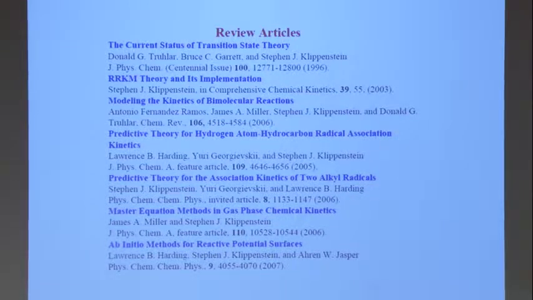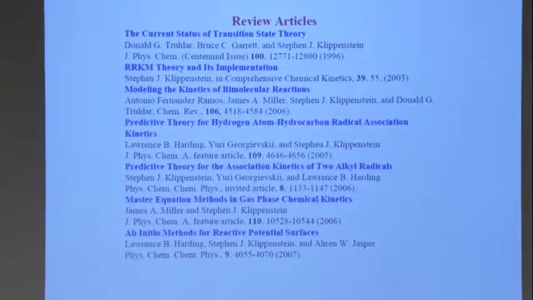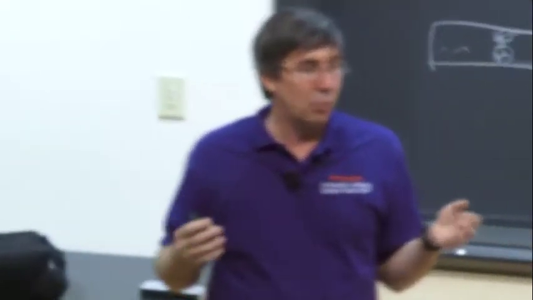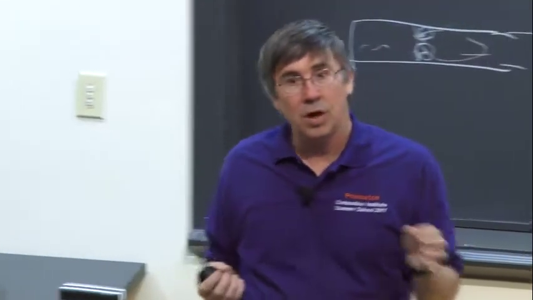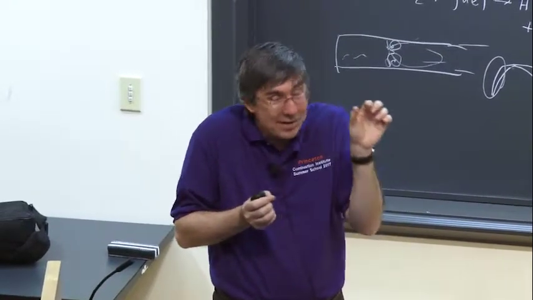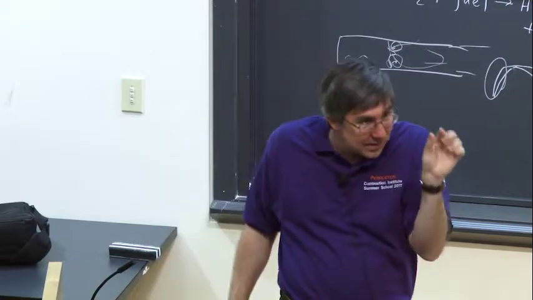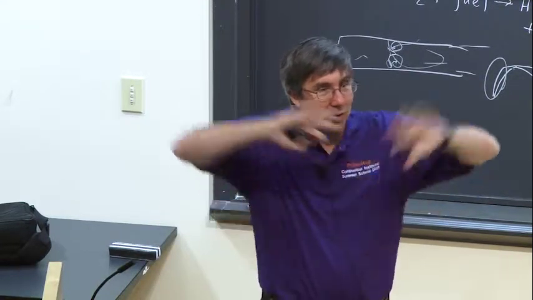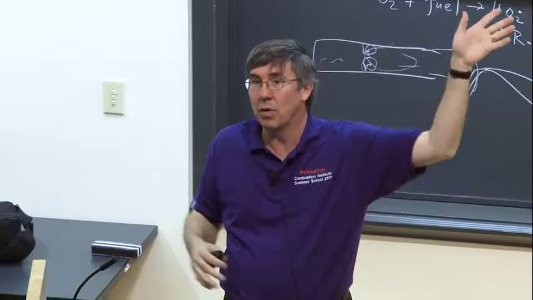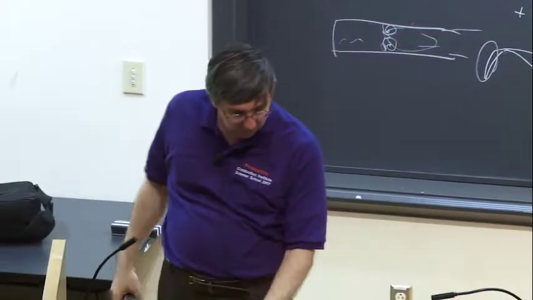I think that's about it. So, as a student getting started in the field, the review articles are great because the person writing the article is trying to give you the full story. Whereas most of the articles in a journal are not the full story. They're a specific little tiny story about some specific little thing, right? And they're trying to get that little specific part exactly right, and that's it. But they're not trying to get the whole context of the whole world. But these review articles are trying to give you the whole context. So I think you might find them pretty good to read.